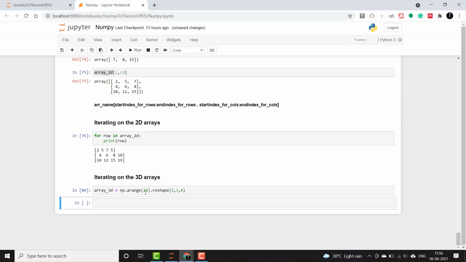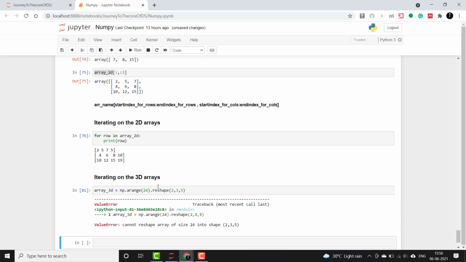So guys, please remember whatever number you are giving here, it should be a multiplication of the numbers specified in the shape. So 2 into 3 into 4 comes up to 24. If I have any other number here, it will start throwing me an error. It should always be a multiple of these numbers, which represent the axes.